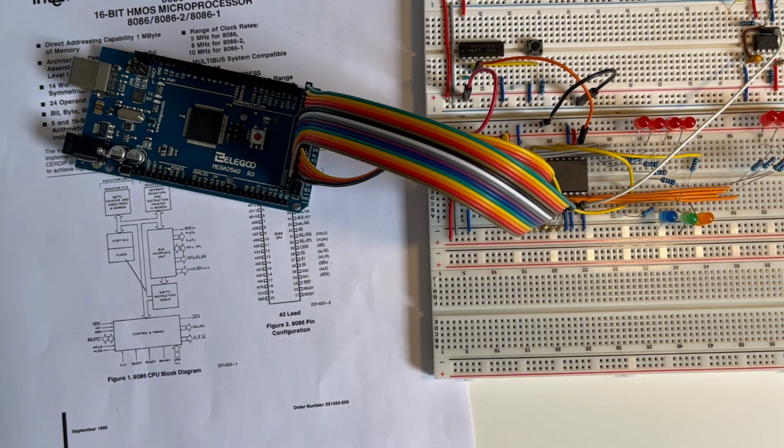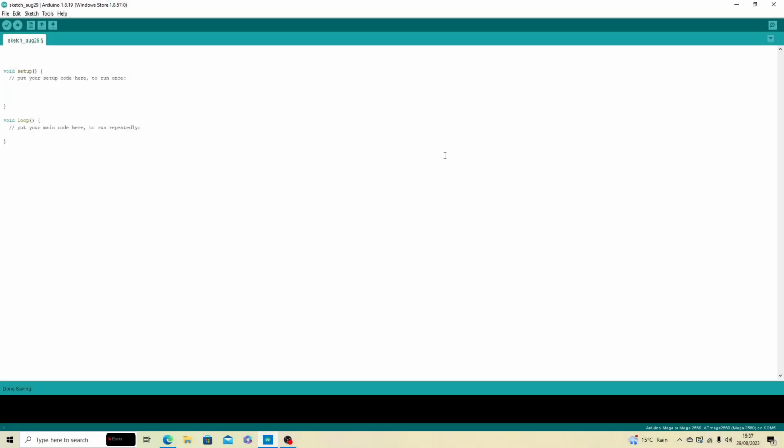So I'll need to move on to my PC and set up the script for the Arduino. So let me now write the Arduino code, or as it's called in Arduino, a sketch. It opens with these setup and loop already created. If you just do File and New to create a new sketch.